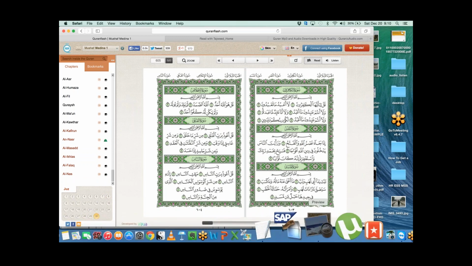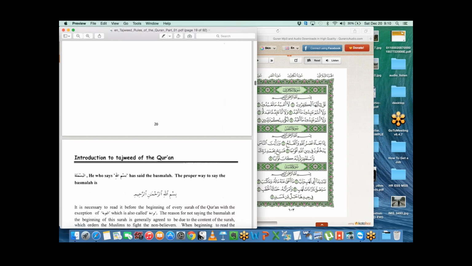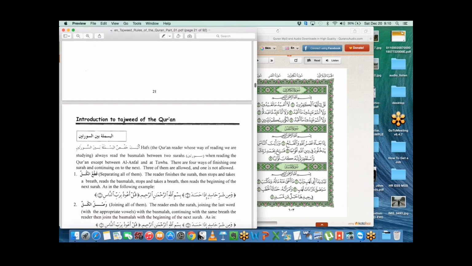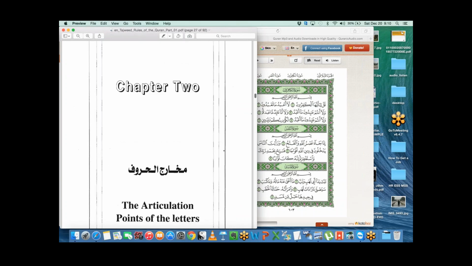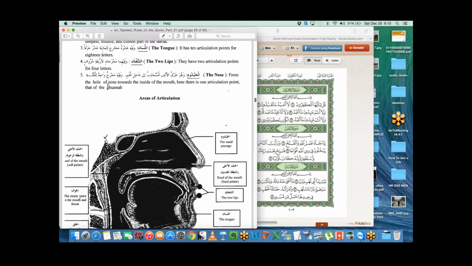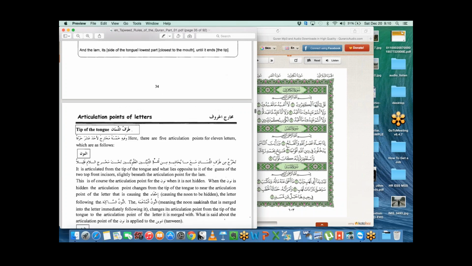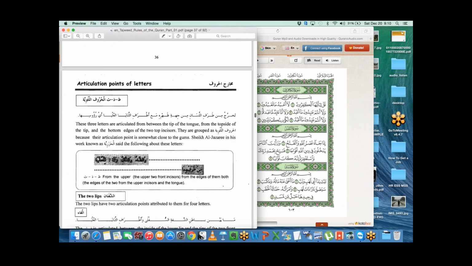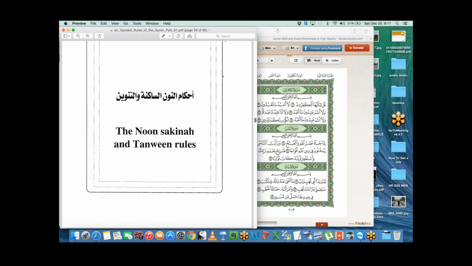Okay, so just to give you a quick recap, let's start with the first rule, we did Makharij al-Huruf. Inshallah you guys are okay with that, where the articulation points are for each of the letters. So let's try to pronounce each letter properly.